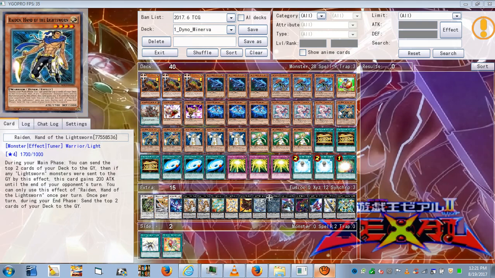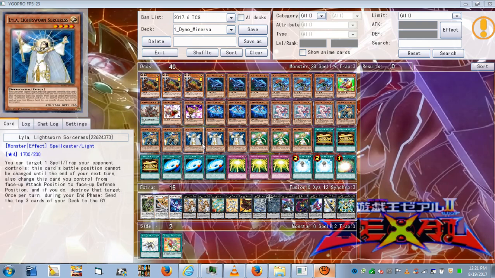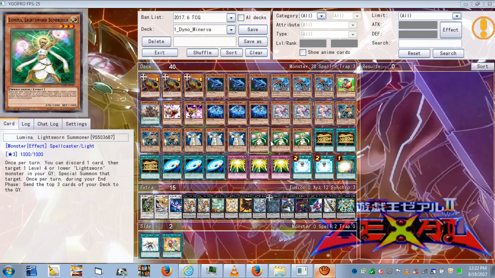And then of course Raiden lets you mill and use a tuner, so you can synchro during the end phase. You can mill two more cards, so as long as you keep him on the field, you keep milling. Lyla lets you destroy a spell and trap by switching her to defense mode by her effect, and she mills three cards during the end phase. We got Lumina. Once per turn you can discard a card from your hand, target a Level 4 or lower Lightsworn in your graveyard, special summon it,